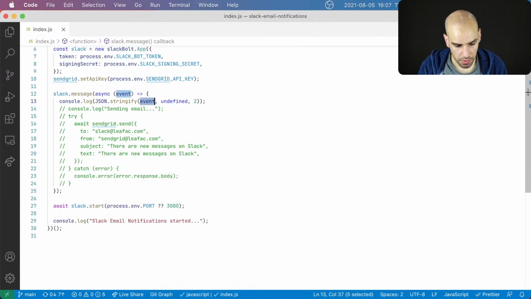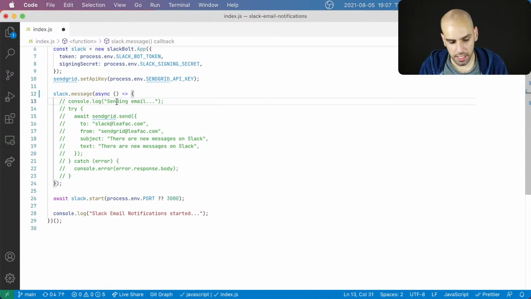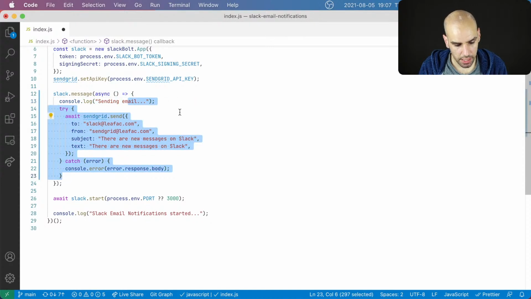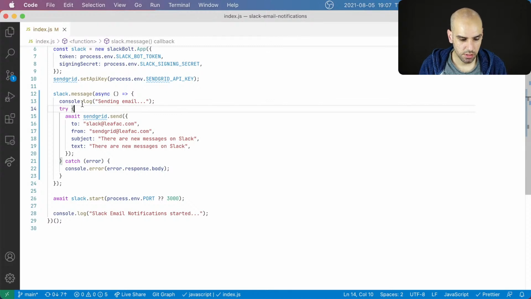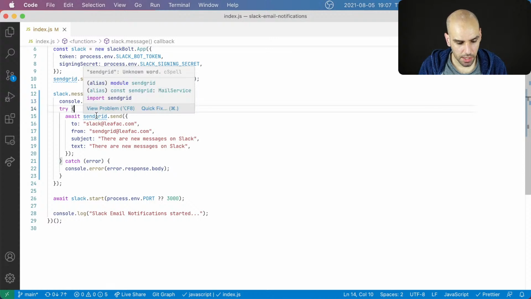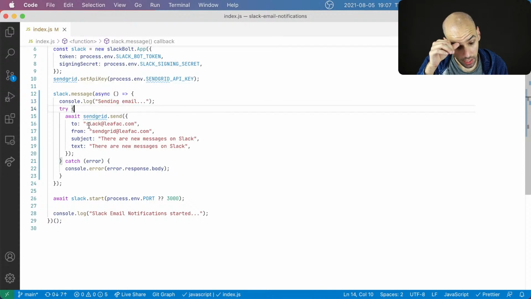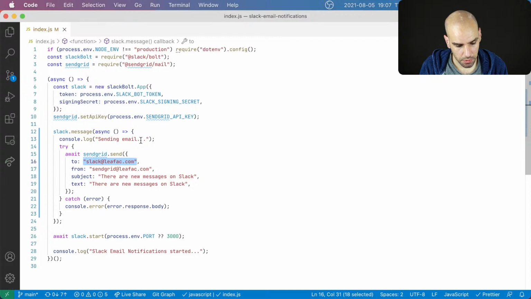So in summary, there is nothing of interest in this event, unless I do extra API calls, which I'm not inclined to do. So I guess I will have a sending email sort of thing when I am sending email, and I will send email to this place. Well, actually, I could have an environment variable for this. So I guess I'm going to go ahead and do that.